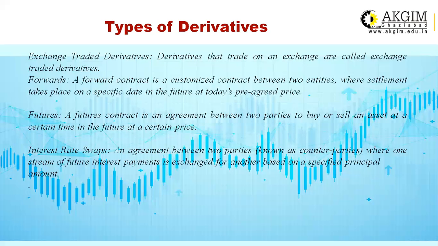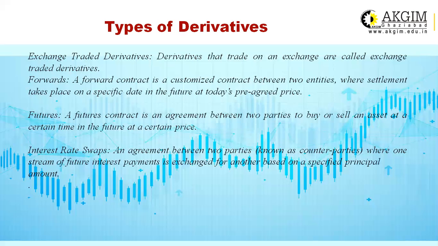In the forward contract, derivative assets can often be constructed from a combination of underlying assets. In the forward market, the contract has to be settled by the delivery of the assets on the expiration date. In case a party wishes to reverse a contract, it has to compulsorily go to the same counterparty.